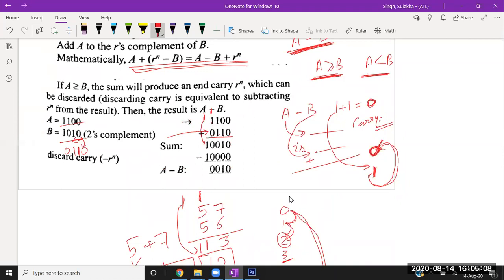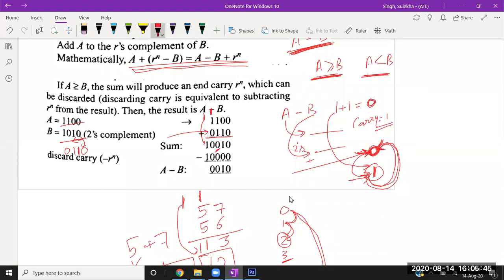So 0 plus 0 is 0. I can prove this point from here also: you are adding nothing, so your final destination is 0. 0 plus 1: you are at 0 and adding one step, so your final destination is 1, but you haven't taken any round trip, so your answer is 1. 1 plus 1: your initial position is 1, and after taking one step you land at 0. That's why this value is 0, and since you have taken one round trip, this value is 1.